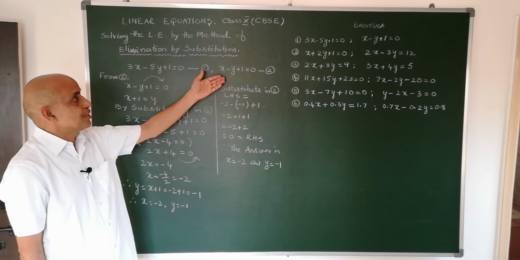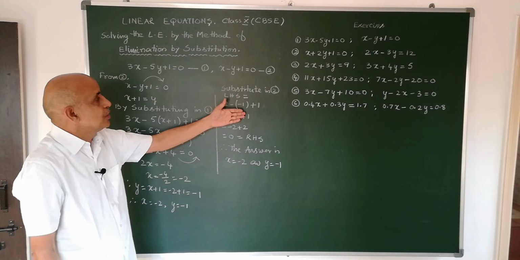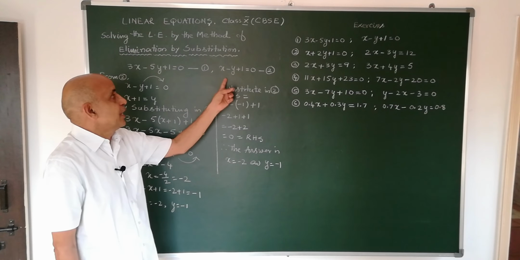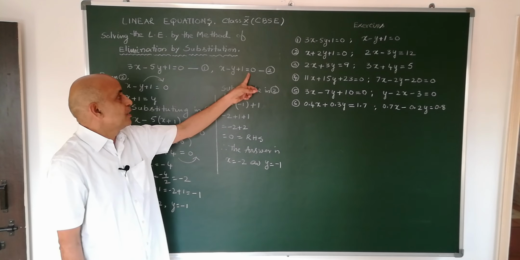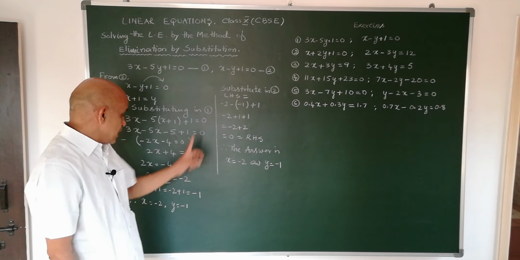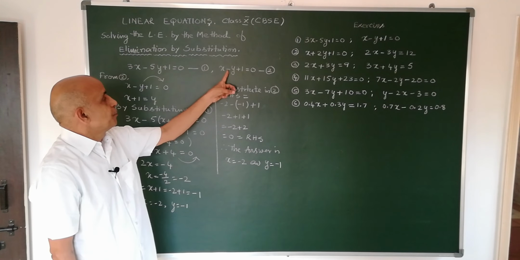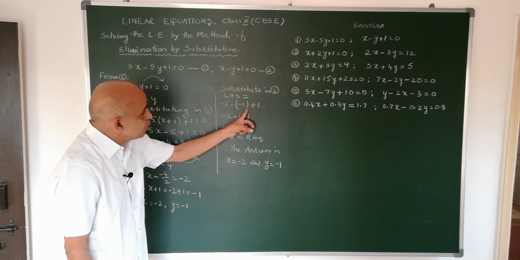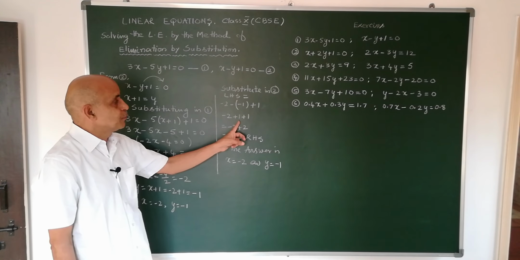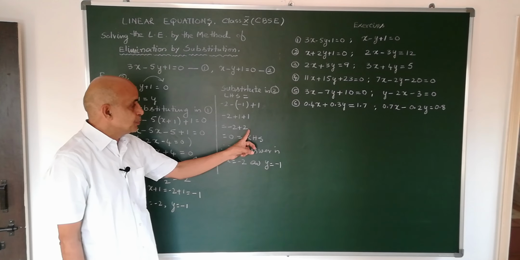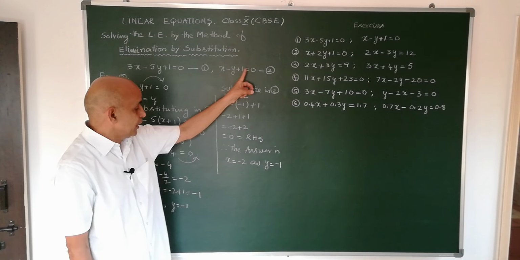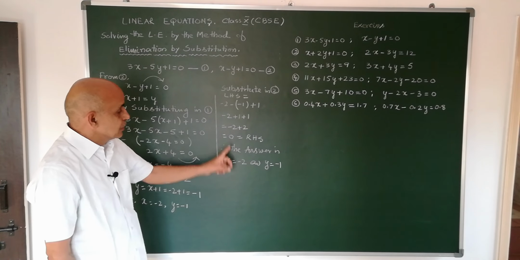You can take any one equation. So this equation is simple. So I have taken this equation. Left hand side and right hand side should be satisfied. So I have taken the left hand side. So this is the left hand side to the equality symbol. So in place of x, I am putting minus 2. In place of y, I am putting minus 1. So minus 2 minus, because minus is there, y value also is minus. So we have to put the bracket. So after opening the bracket, this minus becomes plus. So plus 1 is plus 2, and these two get cancelled and 0, which is the right hand side. So hence the equation is satisfied for these two values. Hence this is the answer.